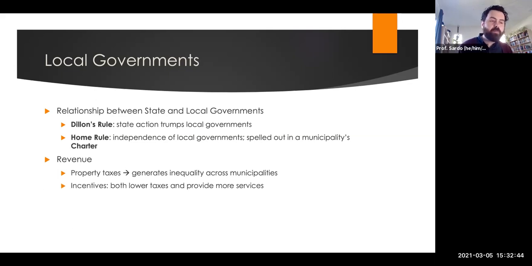And at the same time, local governments have an incentive to keep taxes low to get people to build businesses and buy homes in the area. And at the same time, there's increasing demand for more services. So the local governments are caught in these twin competing demands that can generate fiscal crises, from which they want to provide more services than they can pay for.